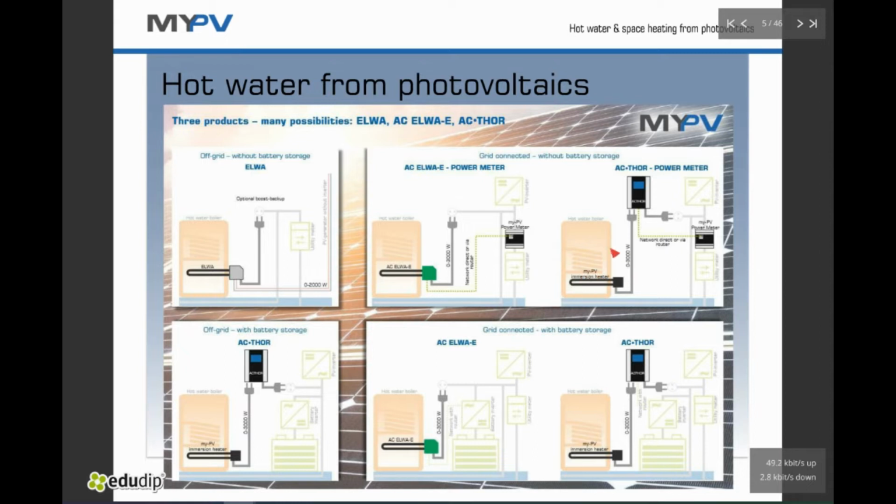There is also an accessory part from MyPV available which exactly fits to the THOR, but honestly it can work with every single phase heater between a nominal power output from 500 to 3000 watts or 3500 watts. This power range is okay, and the THOR can control this power output linear. Also, the power meter can be used to send the excessive power info to the THOR, and one of our